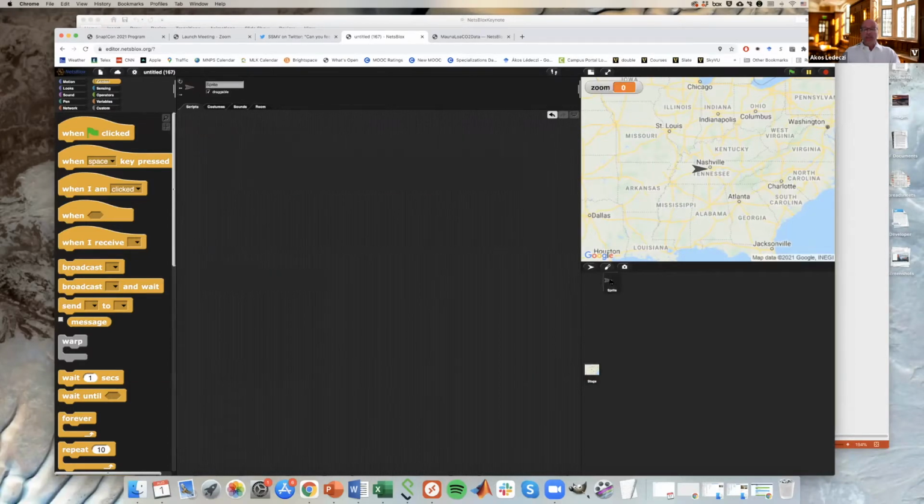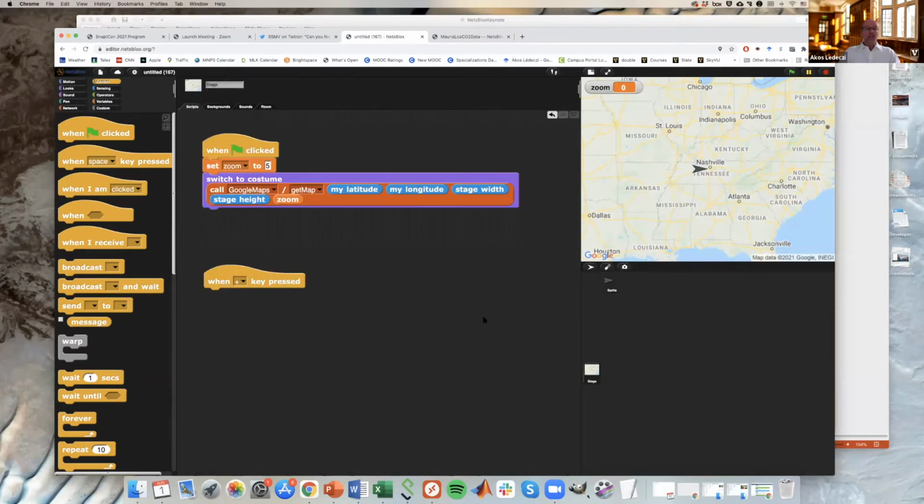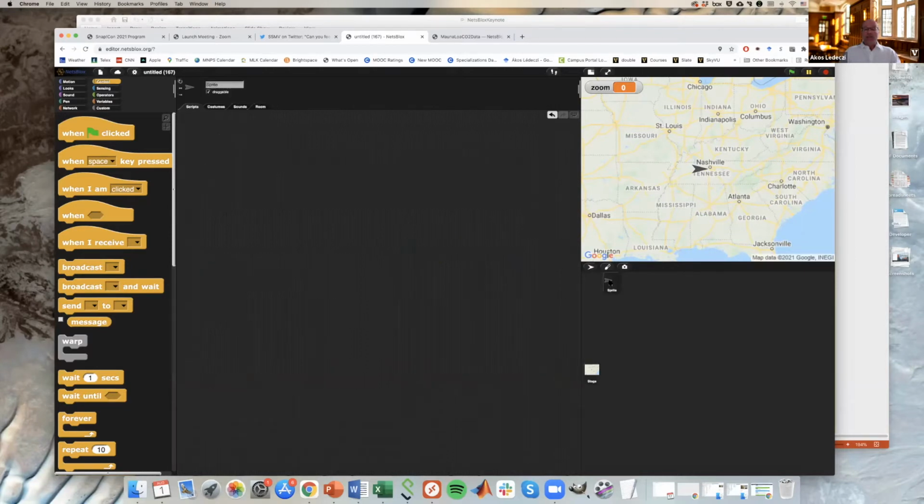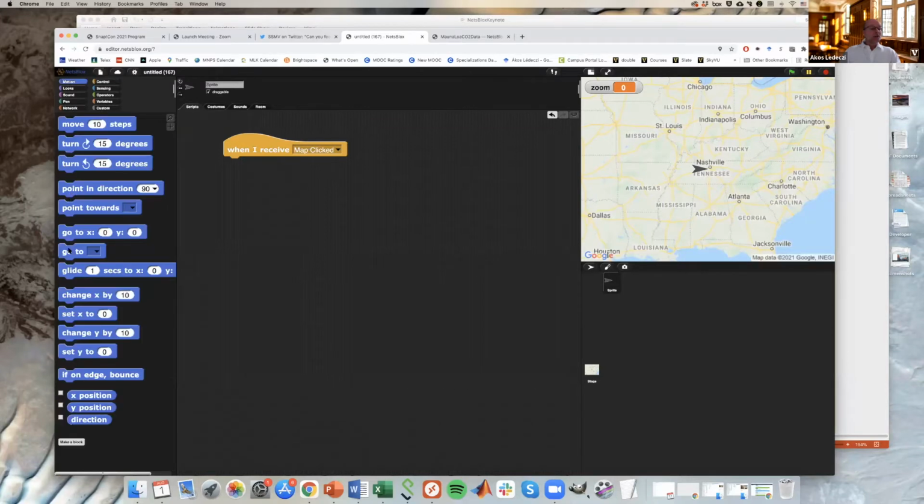And he's already starting to add code to do the zooming to this map. So while he's doing that, let's hop over to the sprite. First of all, whenever I click on this map, the sprite should jump there. So in fact, I need to go back to the stage and say that when I am clicked, I'm going to broadcast a message. And you can see that in the meantime, he's busy building his zooming. Okay, so map clicked. Go back to the sprite. So when I receive map clicked, what shall I do? Well, let's move the sprite to the mouse pointer.